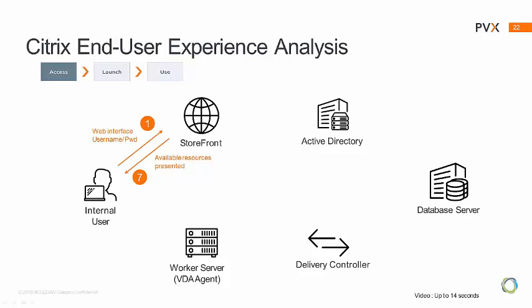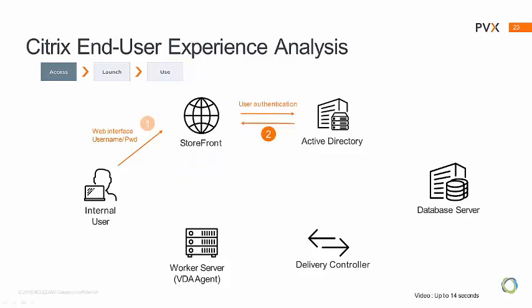You can see I'm, once again, that doctor, getting to the storefront either through the NetScaler and/or load balancer. So that's my web interface, user password, and there are other steps in between for available resources to be presented to me. So where's that gap? What's behind steps 1 and 7, where I could see poor performance? Once again, not getting that screen update. I'm sitting there at the doctor's office. He's got other patients waiting, and we're not able to move forward